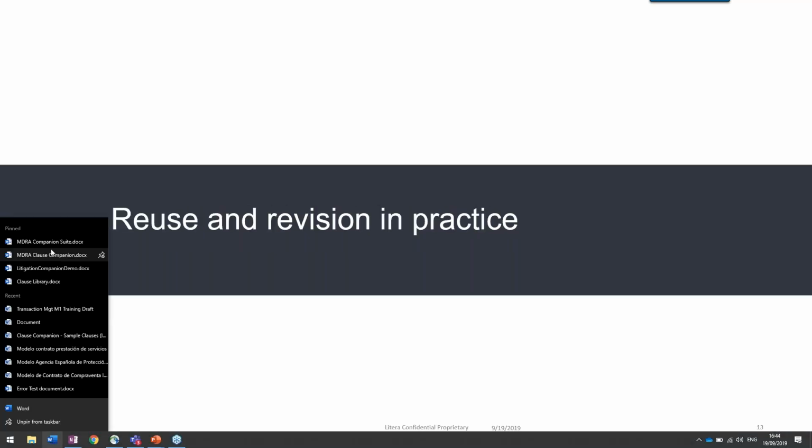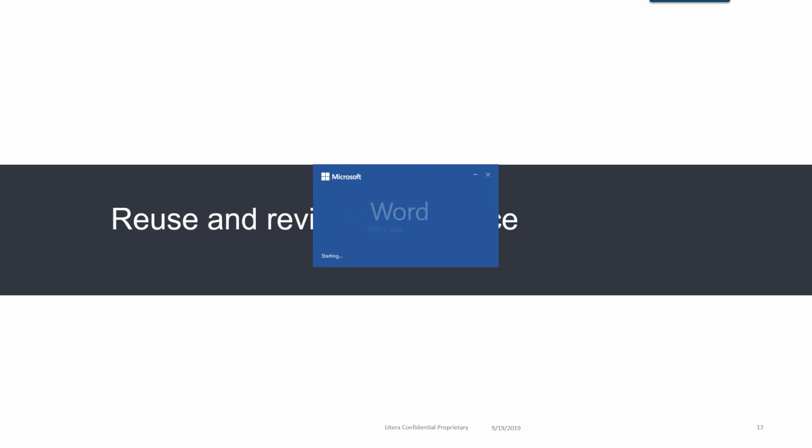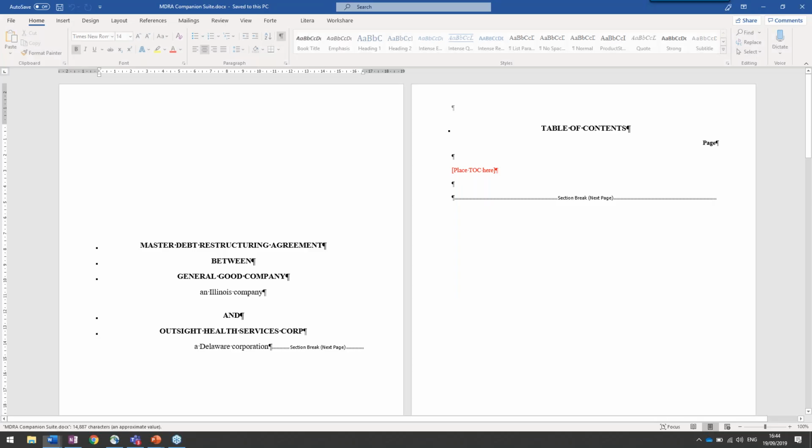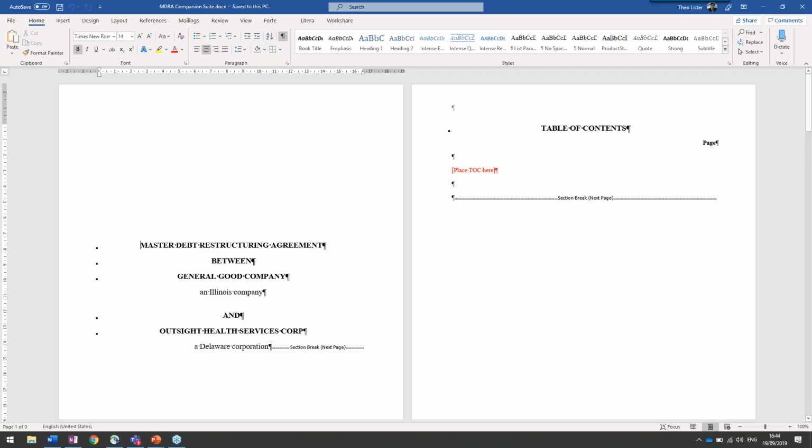So let me open something up, and surprise, surprise, I'm not going to dig into the DMS, because finding something that fits the matter at hand, it can take a pretty long time. But it is worth being said that this information could be stored all over the place. So not necessarily just in the document management system.